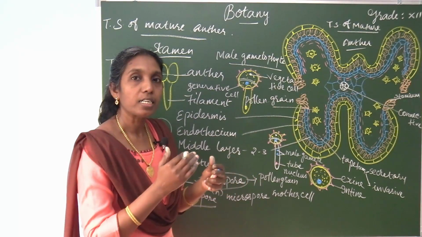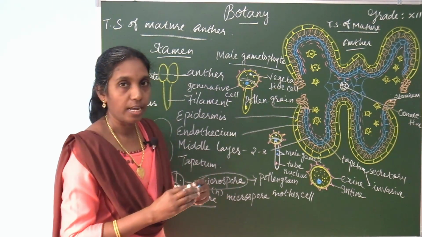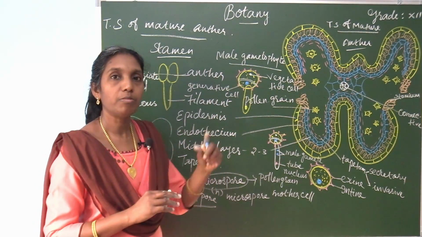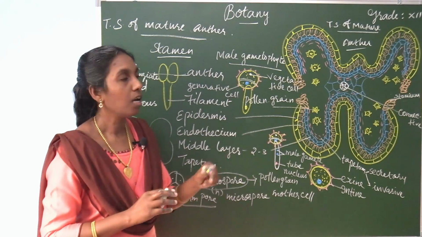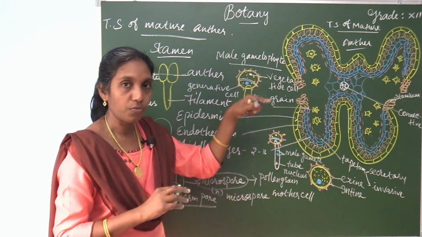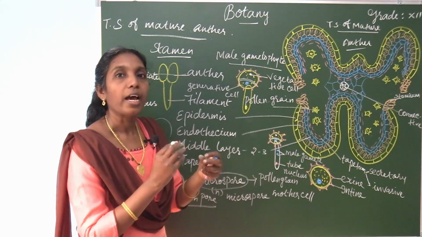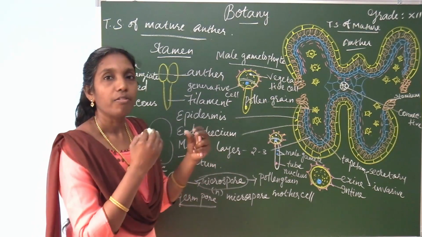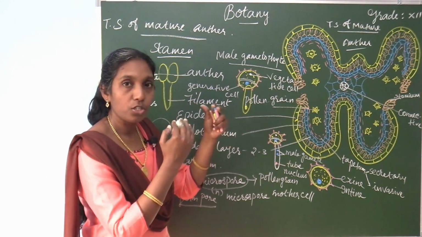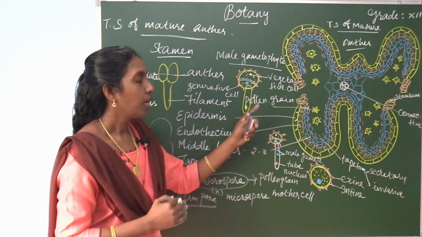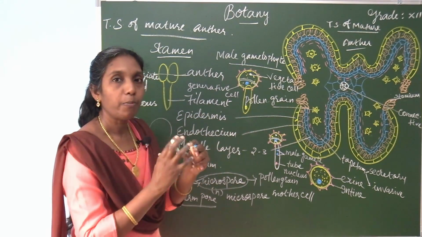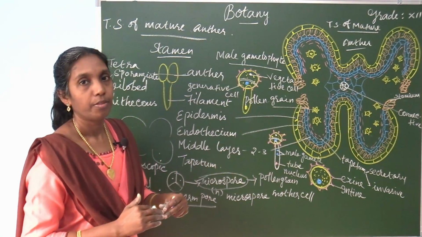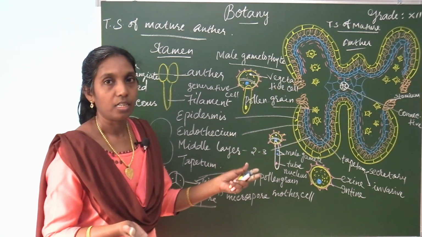If it is liberated at the two-celled stage, it reaches the stigma of the gynoecium. The structure of the gynoecium has stigma, style and ovary. When the pollen grain falls on a suitable stigma, it gets moisture and starts to germinate. The pollen tube starts to develop, the generative cell divides and produces two male gametes and the tube nucleus. Now it is called the three-celled stage.